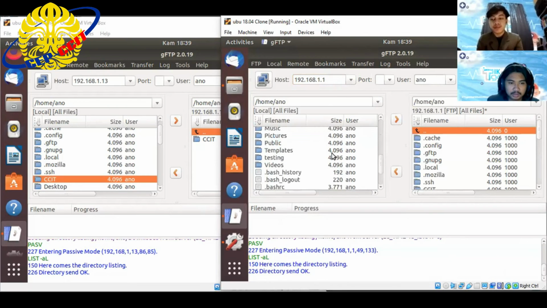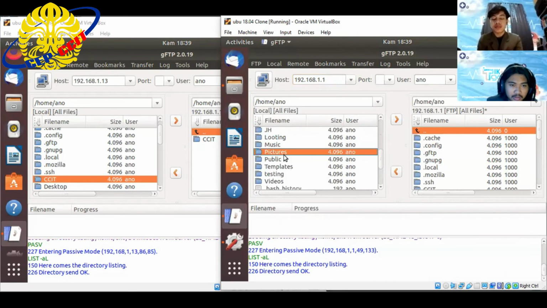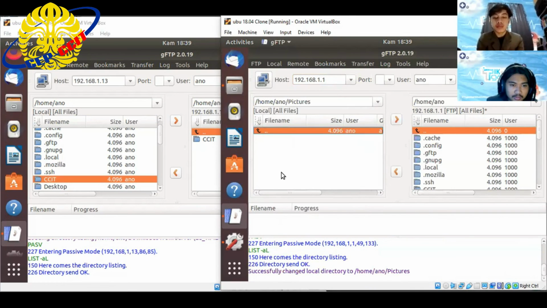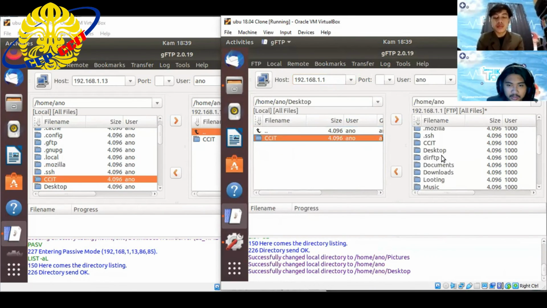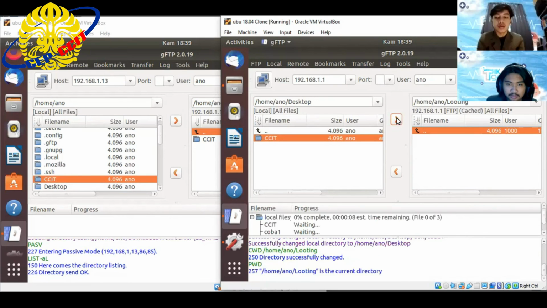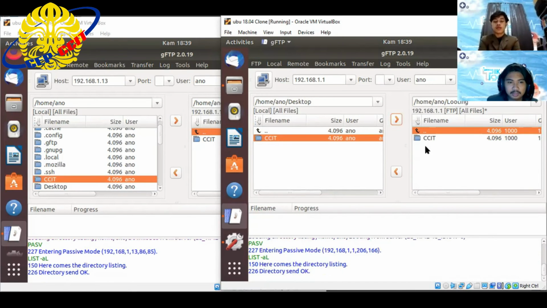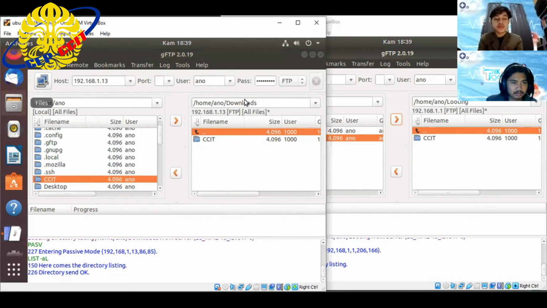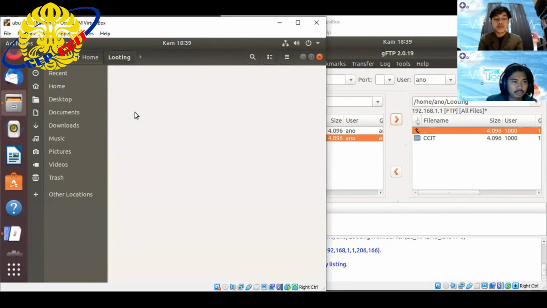This is the display. I will share CCIT again to the server. Then press the symbol, click. The send is automatically successful. We can check the files on the server.